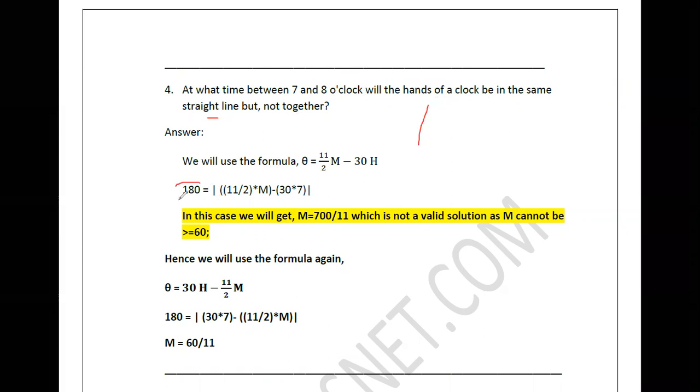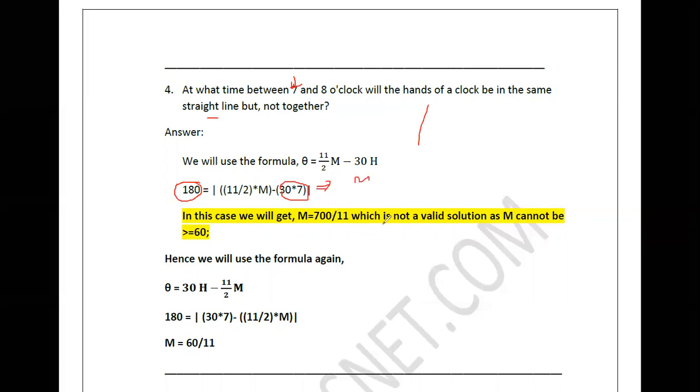So we'll put the value 180 here and try to find the answer by replacing the values of m and h in this formula. We have 11 by 2 into m. Here we have to find m. Minus 30 into 7, where 7 is h. If we solve, we'll get m equal to 700 by 11,